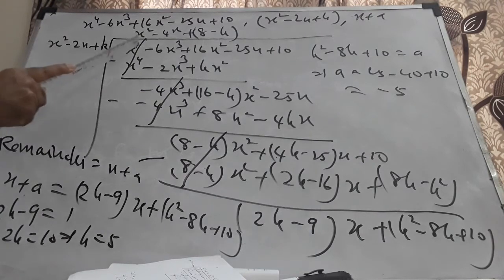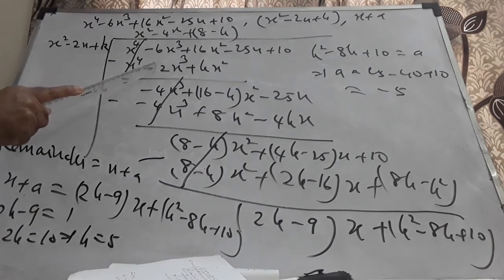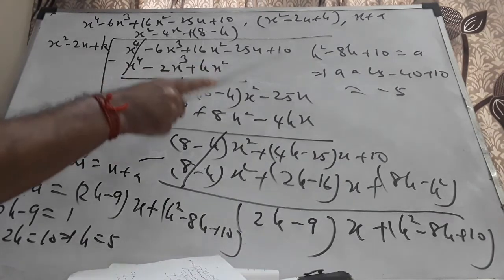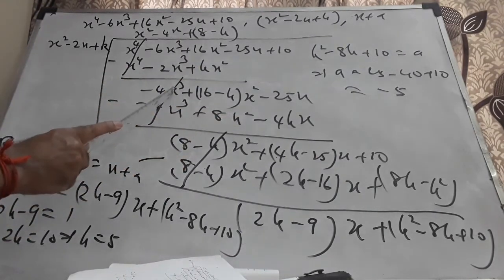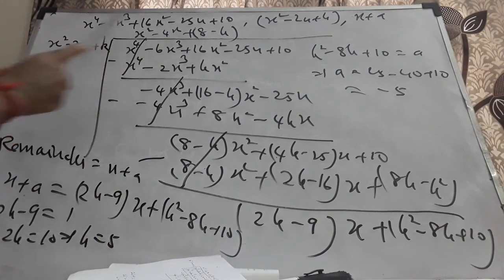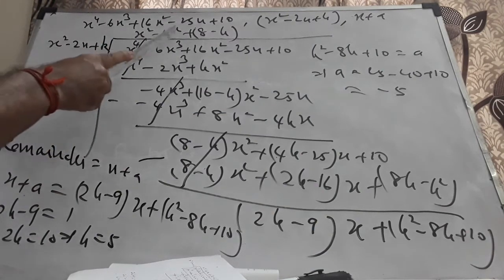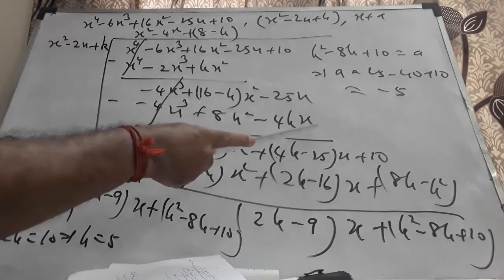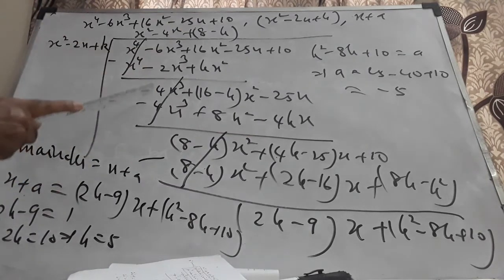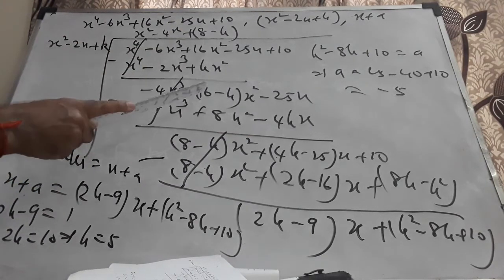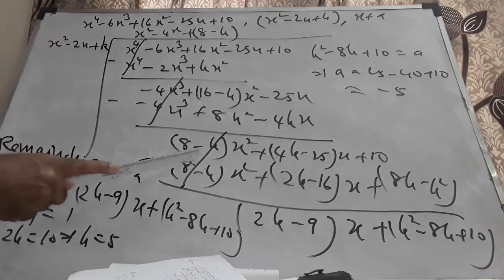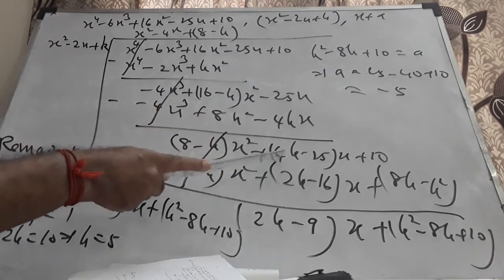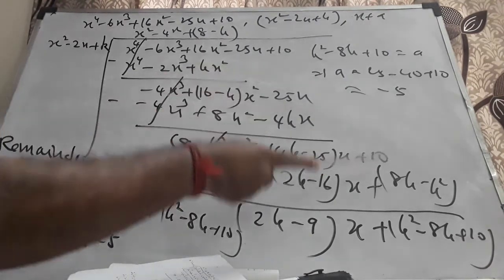While you subtract, x power 4 minus x power 4 goes off. Minus of minus 2 is plus 2. Minus 4x cube plus 16 minus k into x square. Minus 25x is brought down. Minus 4x cube by x square is minus 4x. Minus 4x into x square is minus 4x cube. Minus 4x into minus 2x is 8x square. Minus 4x and k is minus 4kx. Okay, now subtraction will give you, this will go off. And 16 minus 8 is 8, so 8 minus k into x square. Plus of course 4k minus 25. Minus of minus is plus, 4k minus 25x. Plus 10 is brought down.